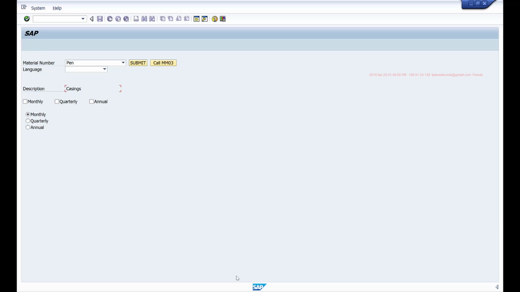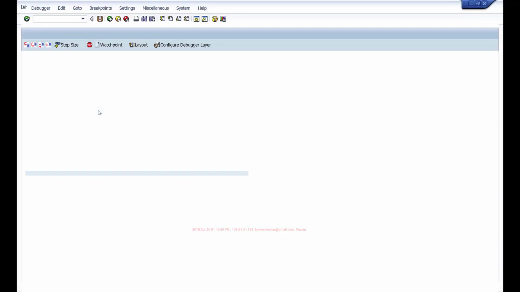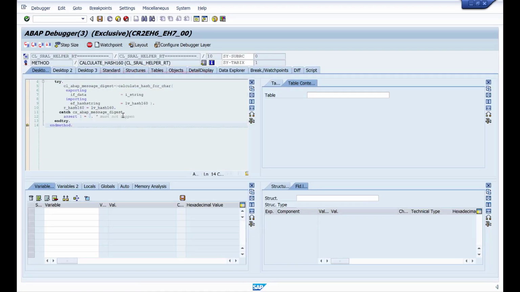Also, another thing: if I reload this transaction, maintain some value here, and turn on the debugger, I'll press F6 till I reach that FlowLogic. Right now the vMatnar field is not recognized because I'm in some external code.